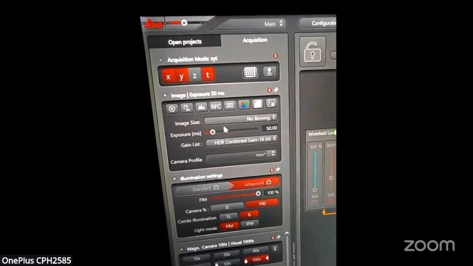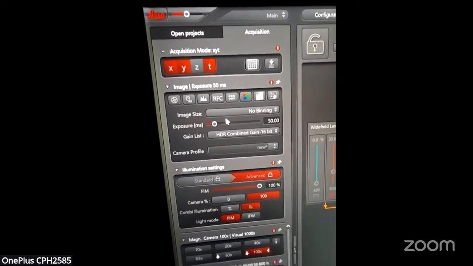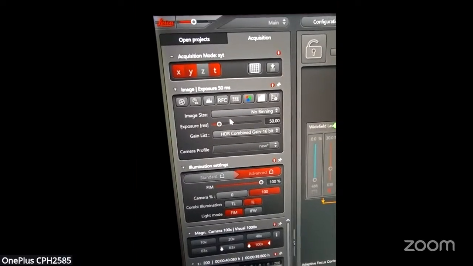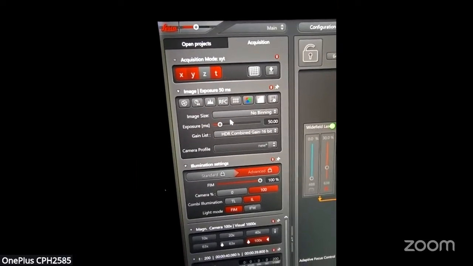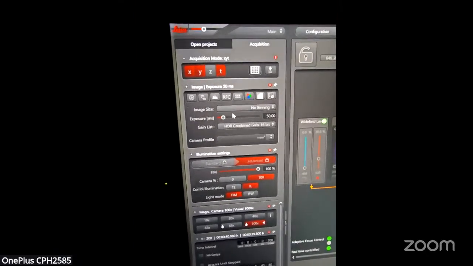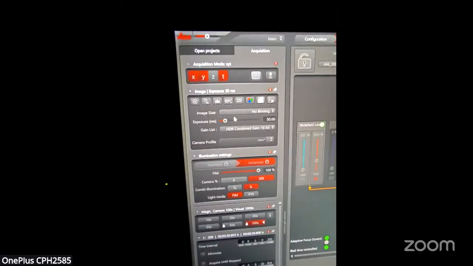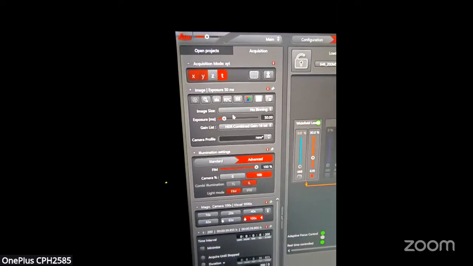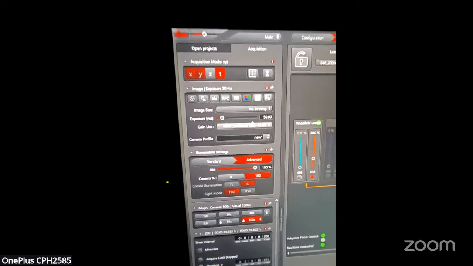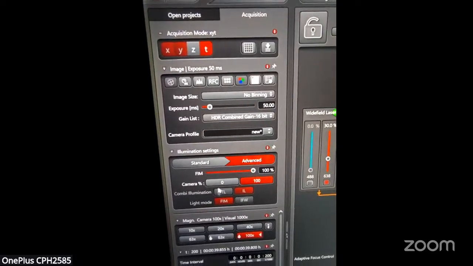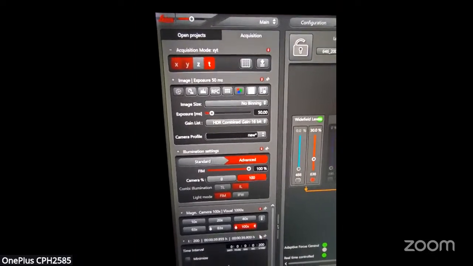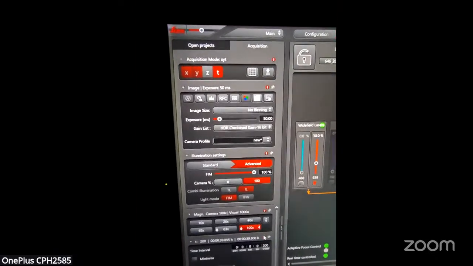We capture images at different imaging regimes. For example, suppose you want to capture diffusion parameters and diffusion dynamics, then you have to go for a lower exposure time, so we capture the first images keeping the exposure time very low. However, to estimate residence time, we use a higher exposure time, that is 50 millisecond, and a long interval. We capture a 200 millisecond interval movie to estimate the residence time and other parameters.